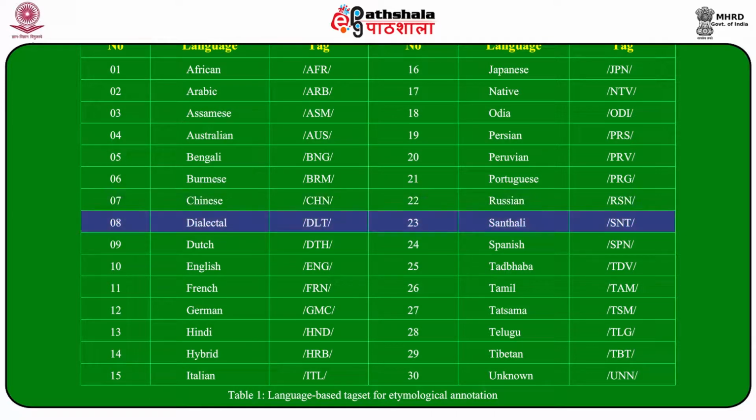So in our list it is African, Arabic, Assamese, Australian, all arranged in alphabetical order: Bangla, Burmese, Chinese, then dialect, Dutch, English, French, German, Hindi, hybrid, Italian, Japanese, native, Odia, Persian, Peruvian, Portuguese, Russian, Santali, Spanish, Tadbhava, Tamil, Tatsamo, Telugu, Tibetan, and unknown. So we have got a list of nearly 30. It can be further extended because I have not included Malayalam, but it should be included there. So it can be extended, but initially we include the 30 different languages and specific